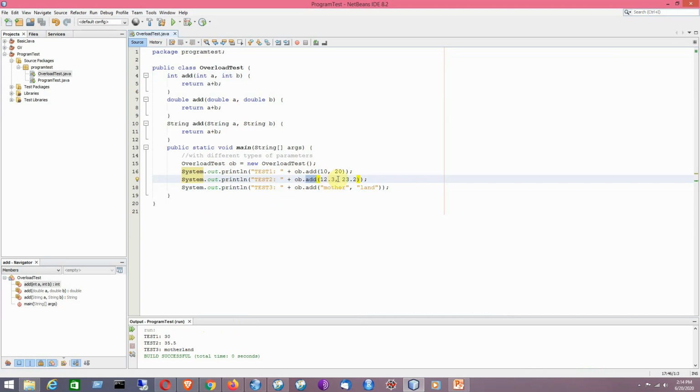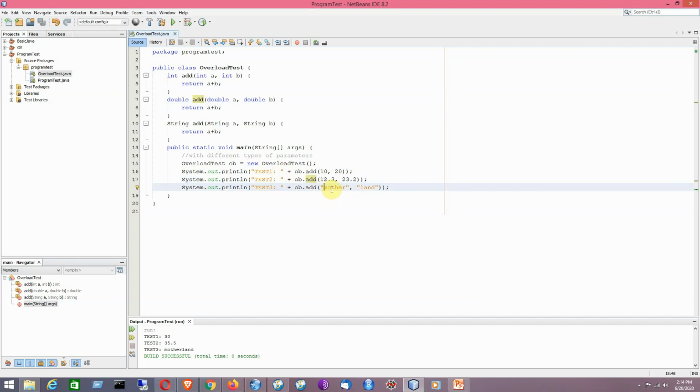For the second method call, it will be just looking at the type of parameter being passed. So it is basically matched with the second one. All these method calls will be decided at compile time. So that is why method overloading is considered to be an example of compile time polymorphism.